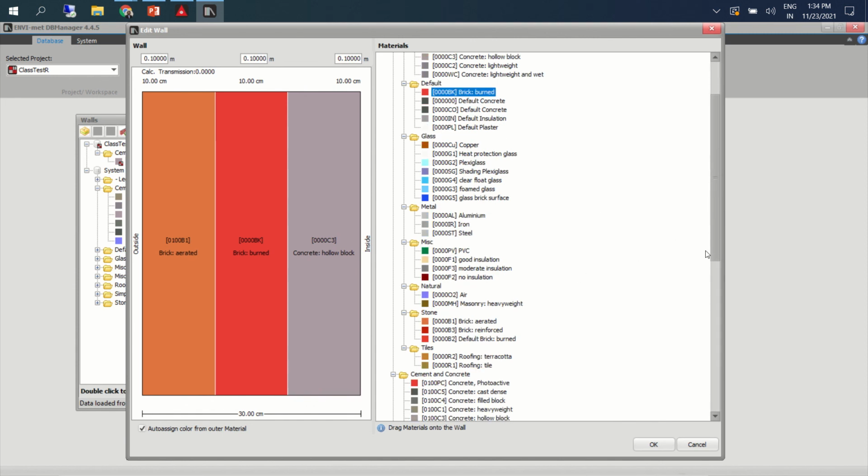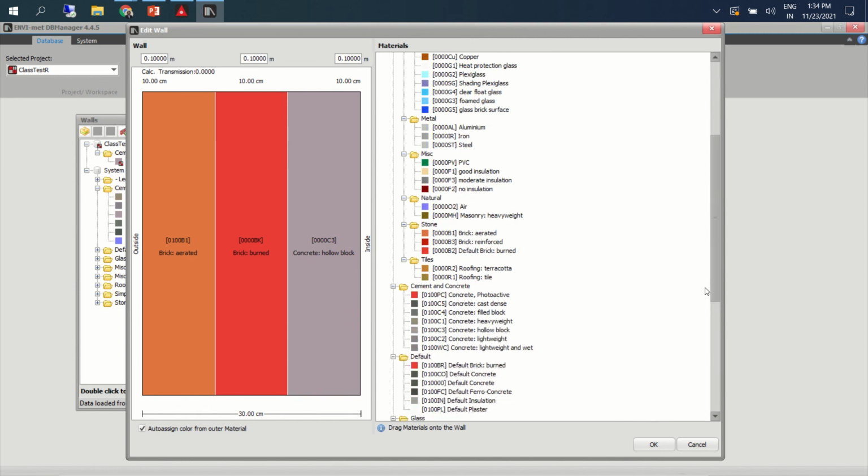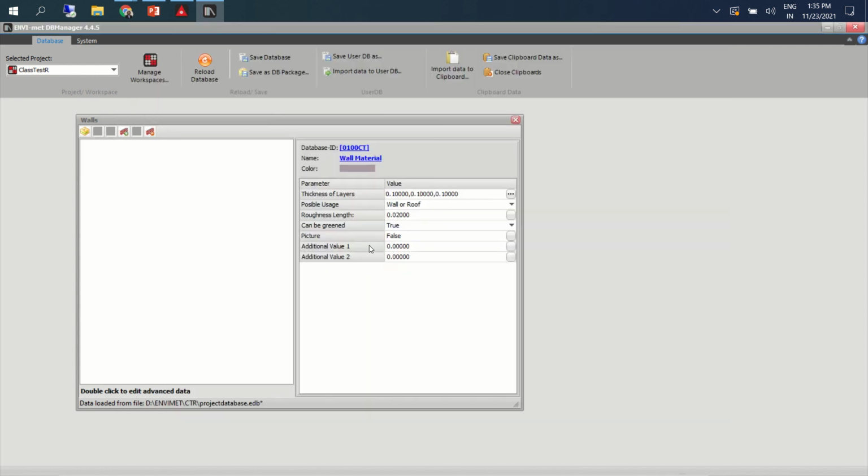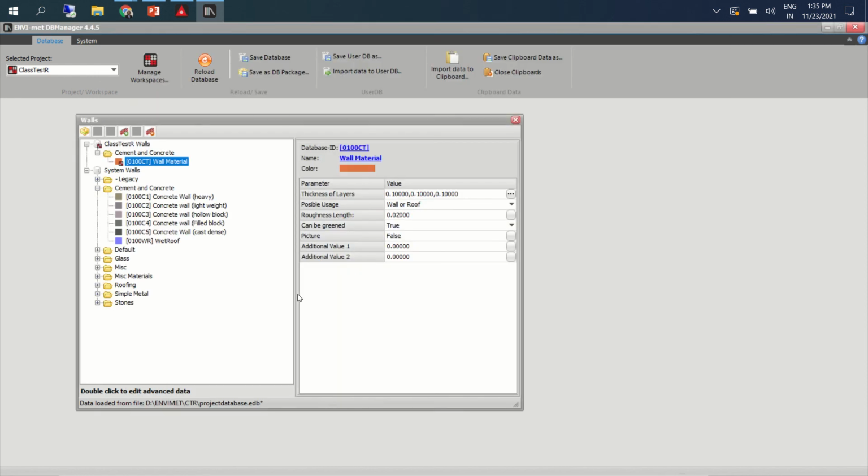Let's say you have tile again. Okay, this is your wall combination. Fine, and we can model this, and then we can use this for simulations.